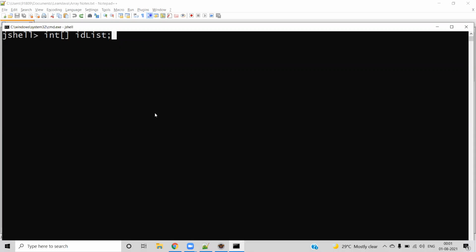Here you can see int followed by square brackets, which is the representation of an array. And we are giving the variable name, which means that we are declaring the variable for an integer array. The type can be anything, for example float, any primitive data type, or even a reference data type, followed by the square brackets, which means that we intend to create an array. Now it will show null, because the default value for any reference data type is null.